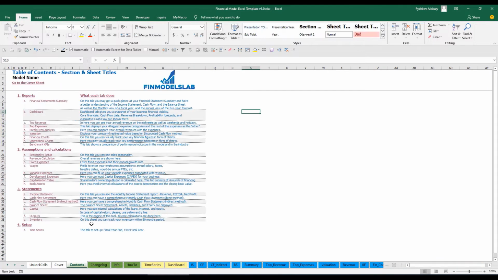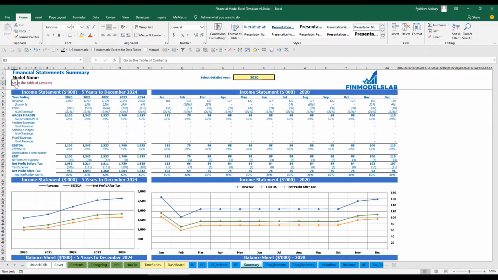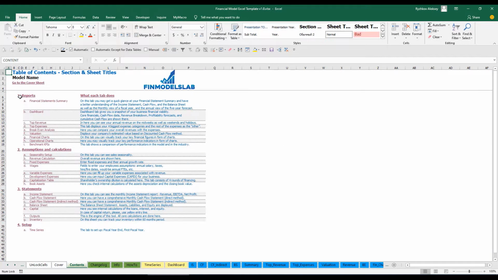Additionally, you have the Contents tab, which allows you to navigate across the model very simply. So you may click on any report and you can go back. It is broken down by reports, assumptions, statements and setup. There is a short explanation about what each tab does, but if you want to know more, you can go to